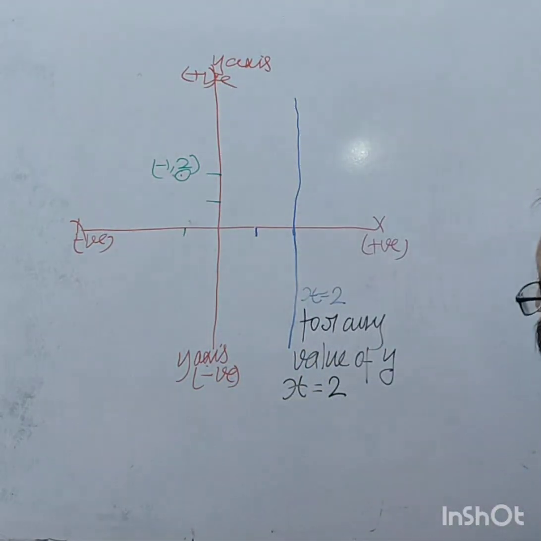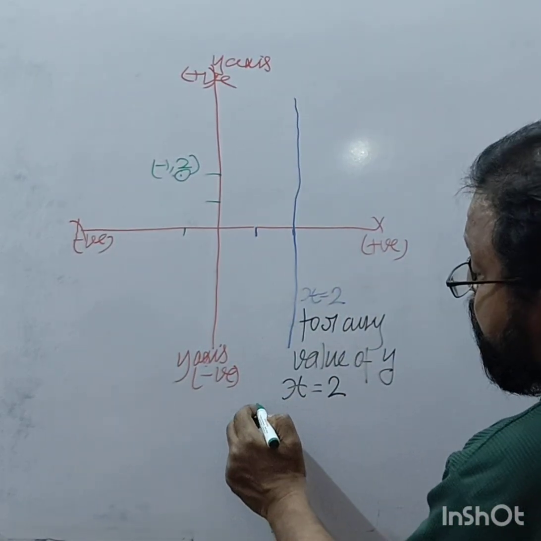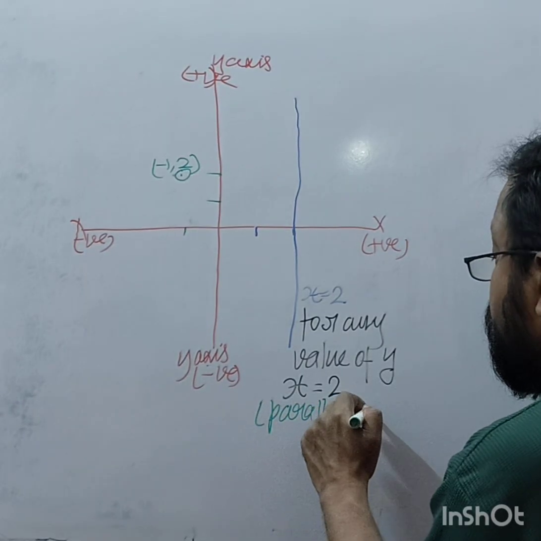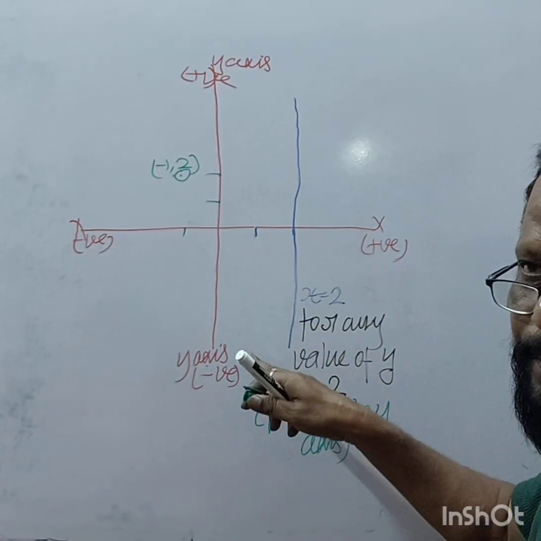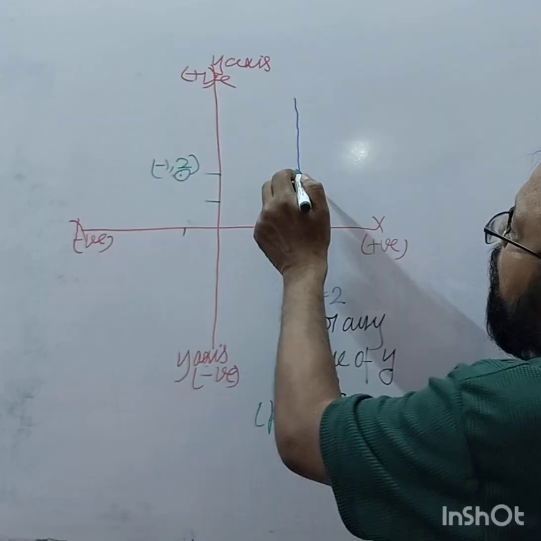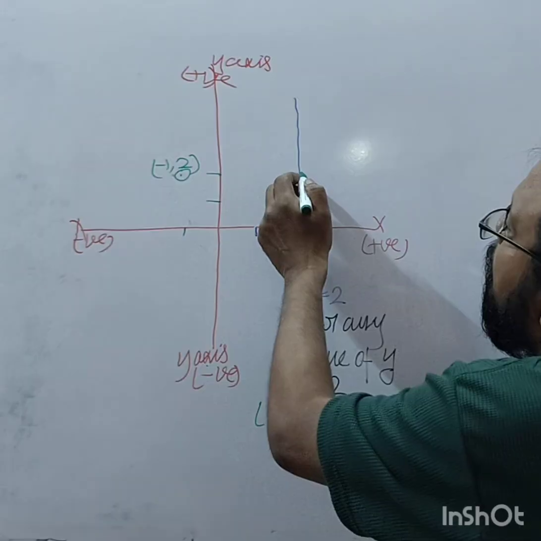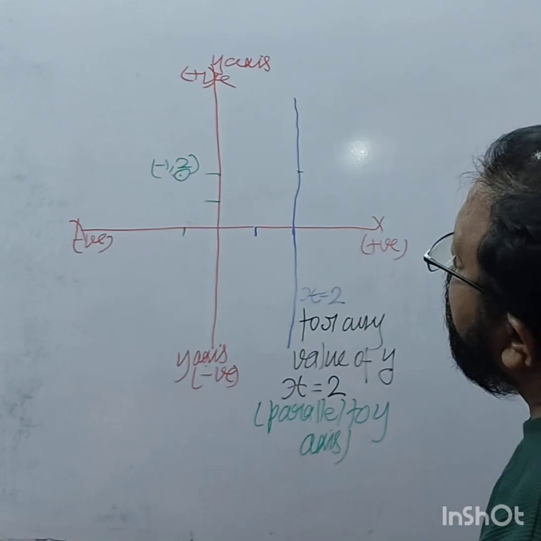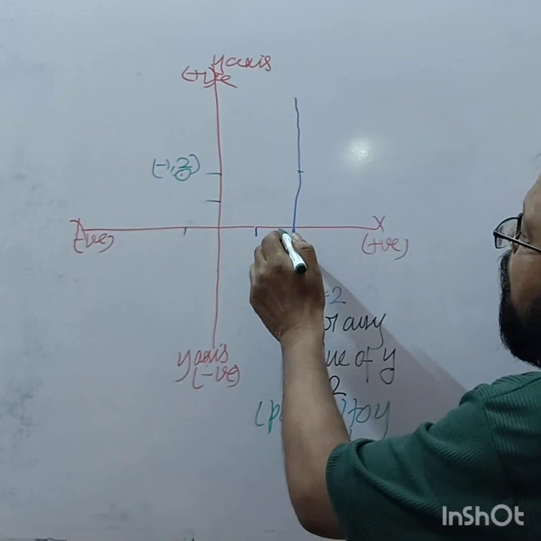So when x is equal to 2, it is parallel to the y-axis, and so its coordinate will be 2,